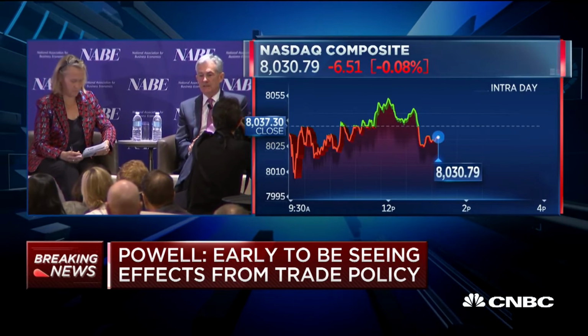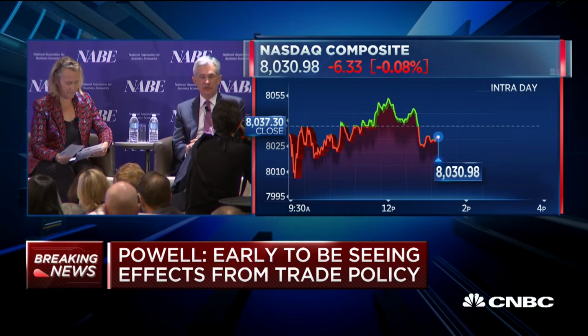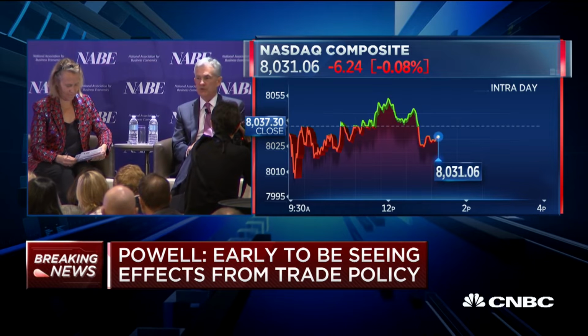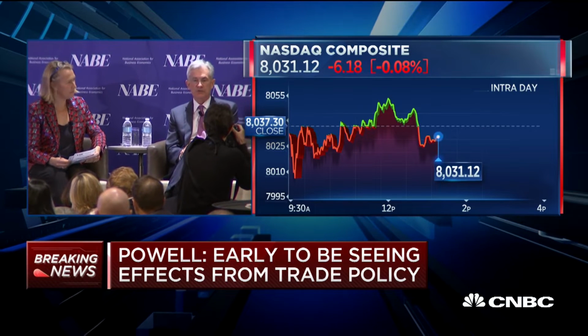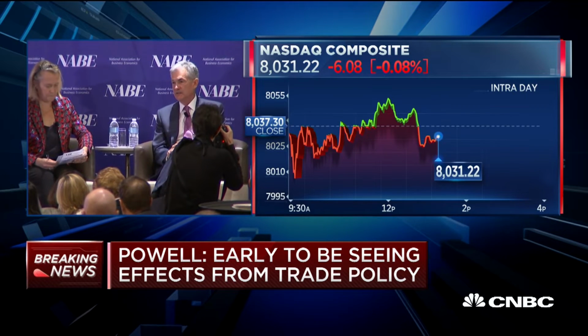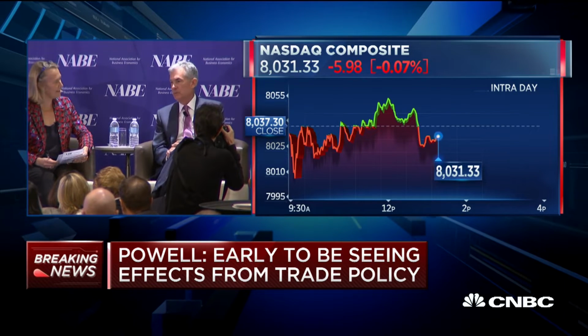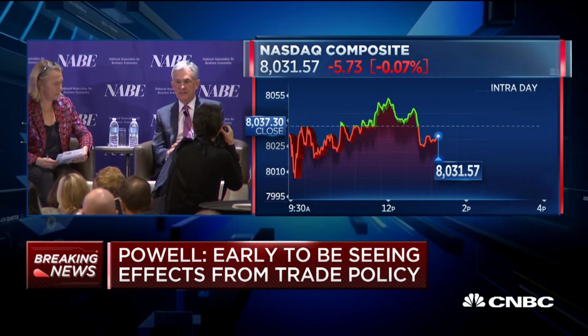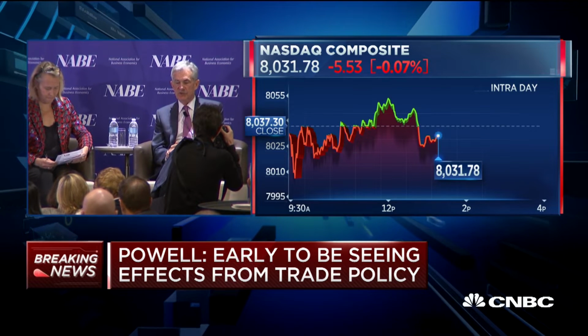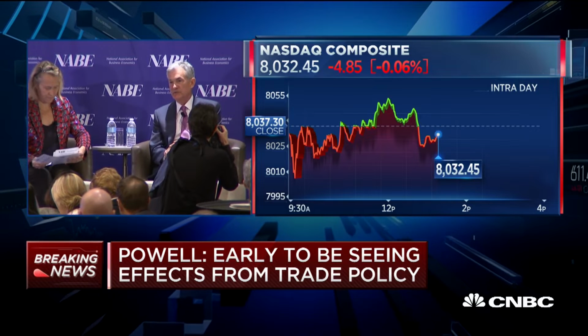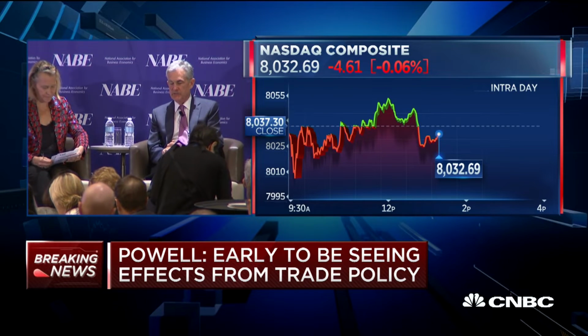A downward sloping yield curve could mean that policy is currently tight, in the sense that the short-term rate is higher than the longer-run neutral rate. It might mean that. Or it might mean that term premiums are negative. But it is true that there's an empirical regularity between an inverted yield curve and a subsequent recession.